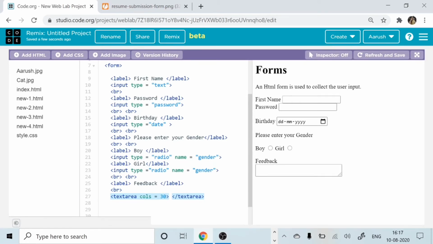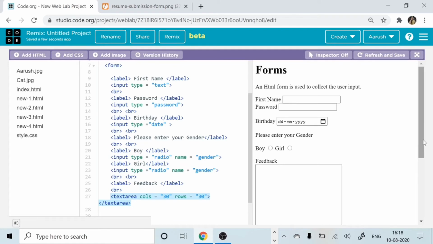Whatever you are writing, please write it in double quotes. This is your columns, plus how many rows you need. Same thing, you will put rows, equal to, and say 30 rows. Correct?